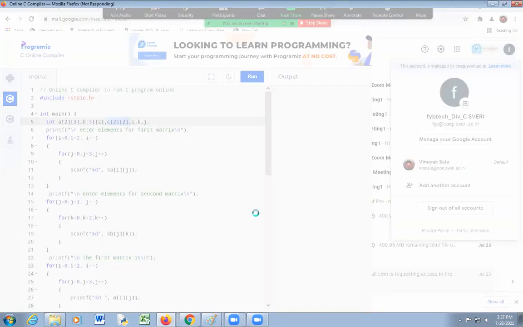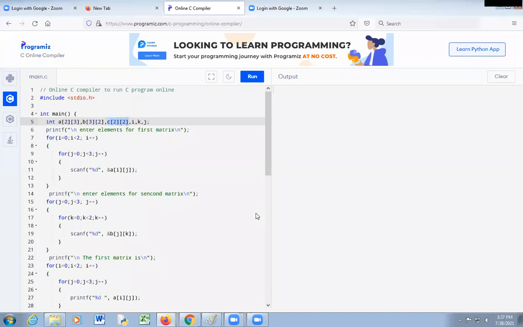Okay, see, this is the programming code. So matrix A is 2 by 3, matrix B is 3 by 2, C is 2 by 2, and I, J, K variables. Enter the elements for the first matrix. So for I equal to 0, I less than 2, I plus plus.